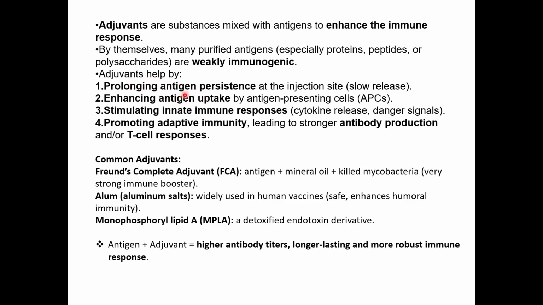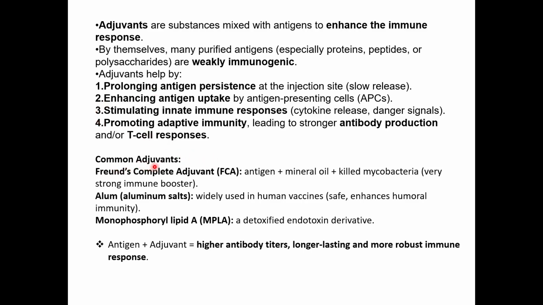So prolonging antigen persistence at the injection site, slow release takes place. So adjuvants help in enhancing antigen uptake by antigen presenting cells. It stimulates innate immune response, cytokine release, danger signals, promotes adaptive immunity leading to stronger antibody production or T cell